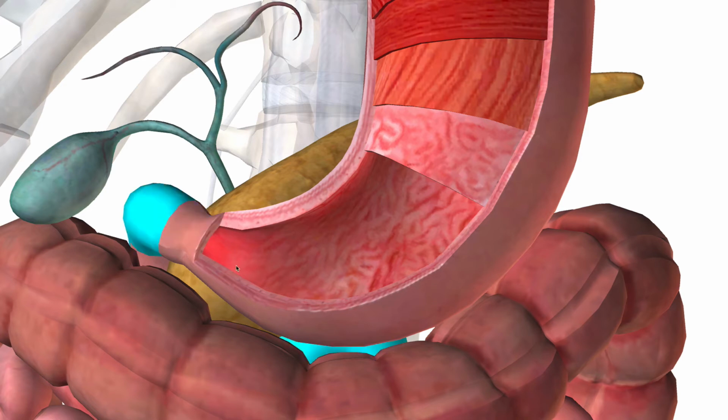This is called the pylorus. Remember, the chyme, the food that enters the duodenum, is controlled by the pyloric sphincter, also called the gastroduodenal sphincter. Just think about that for a second. Gastroduodenal. Gastro meaning the stomach, and duodenal meaning the duodenum, or the duodenum, depending on how you want to pronounce